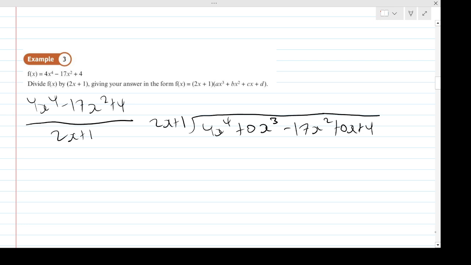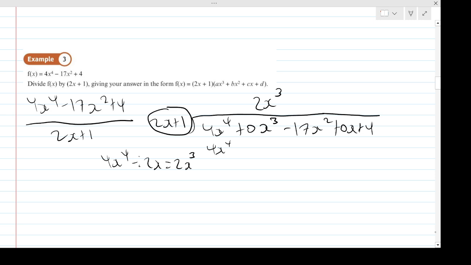Again then, I want to pick the highest part first. So that's 4x to the 4 inside. Then I want to divide by 2x, the highest power outside the bus stop. So 4x to the 4 divided by 2x, well, that's simply 2x cubed. Okay, so then I'll put it in the x cubed column up here. 2x cubed. Then what I'm going to do is times this 2x cubed by every term outside. So then that will get me